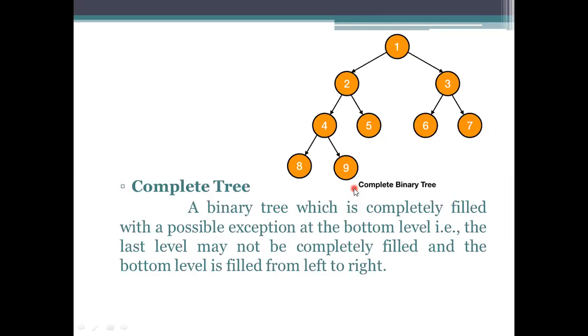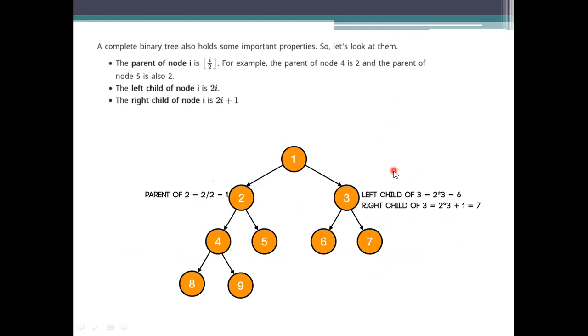And coming to the complete binary tree. So the complete binary tree here is, the last level what we are specifying, the bottom level, has to be filled from left to right here. So here, this one, left to right. So this is the bottom level. In this bottom level, the last level may not be completely filled, and then we can specify it from left to right. If it is being filled, it will be specified from left to right. That is a complete tree representation.